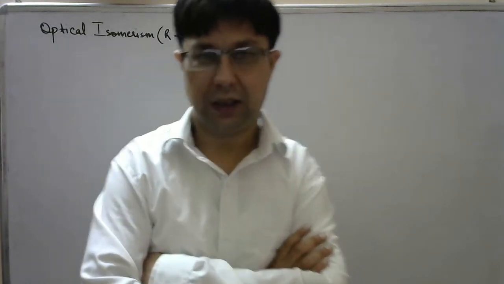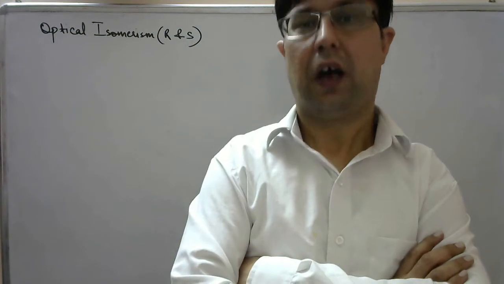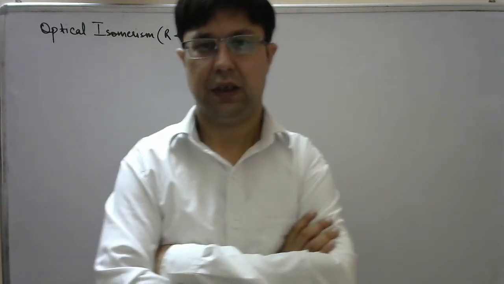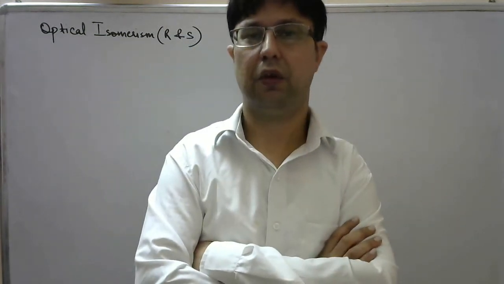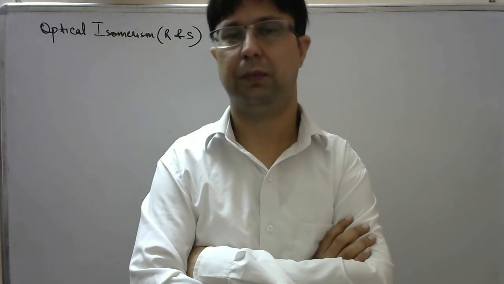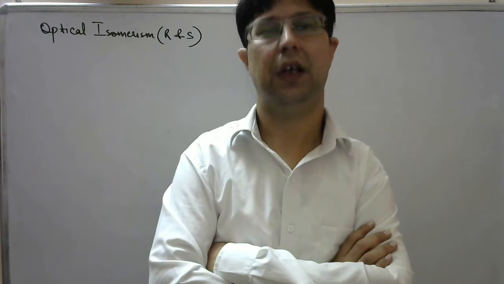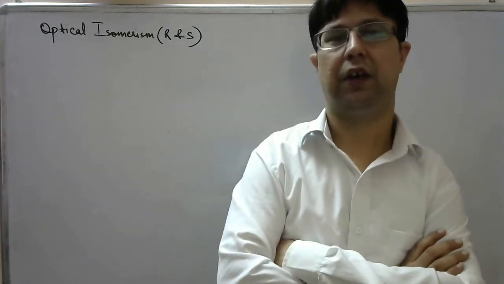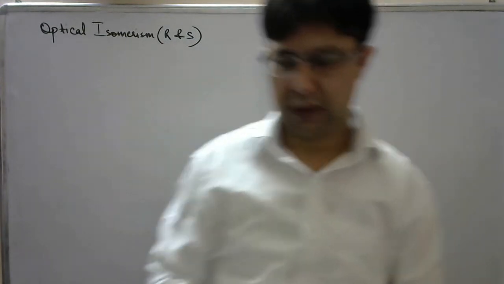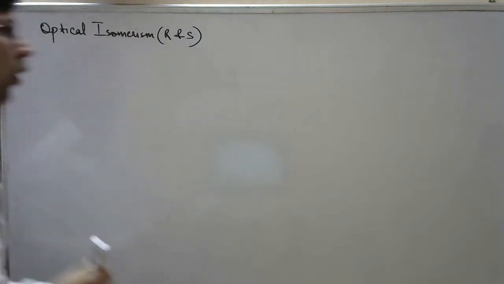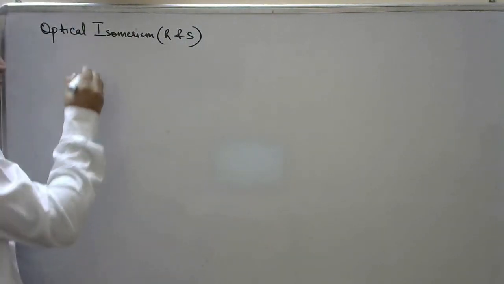ये बात पता है कि chiral carbon की presence अगर होती है, it means if all the four groups bonded to a particular carbon atom are all different, then the compound is said to be optically active. It means it will be having a chiral center. So let us understand how we assign the R and S nomenclature.